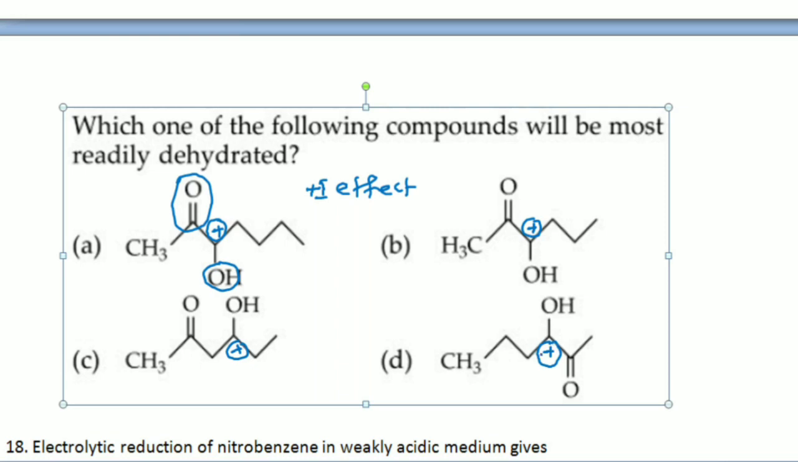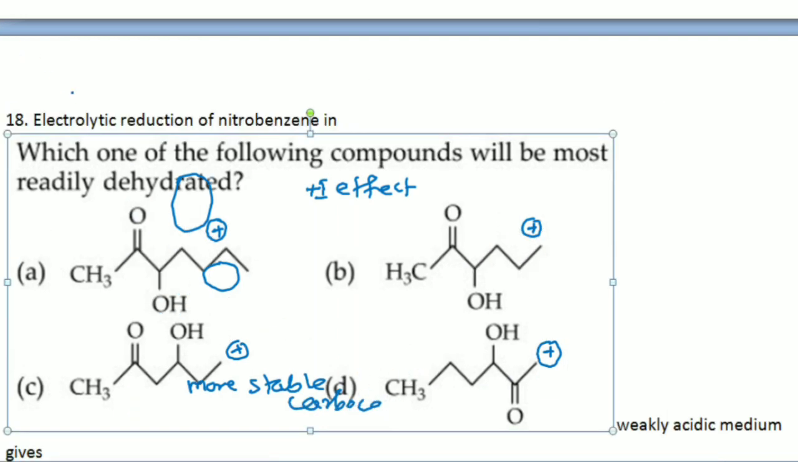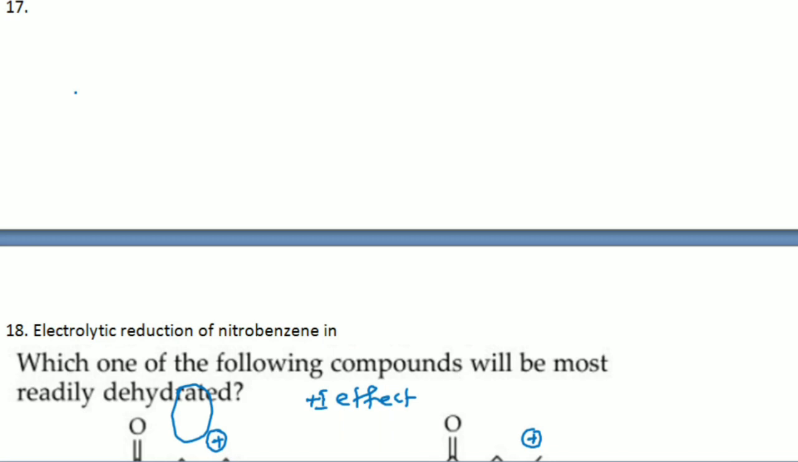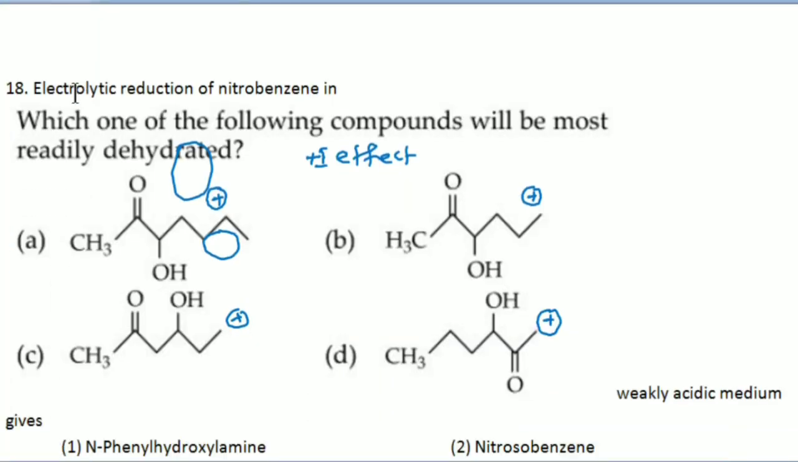In D option also plus stability decreases, but in the C option you can see adjacent to this carbonyl group is not there, hence it is more stable compared to all those, so that it can be dehydrated very easily because of the more stable carbocation. Remember, the more stable carbocation is the answer. So because of that reason, remember, the answer for this particular question is this one. So here in this particular case,